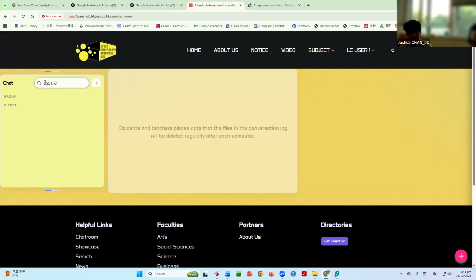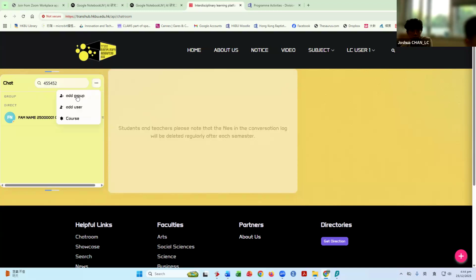So for example, we can establish many different small groups. All right, because this is still a testing page, the students database is not yet here. So for example, we can click the three dots, we can add a group, we can add a user. Here we can add a single user. We can search the students and look them up through their email.